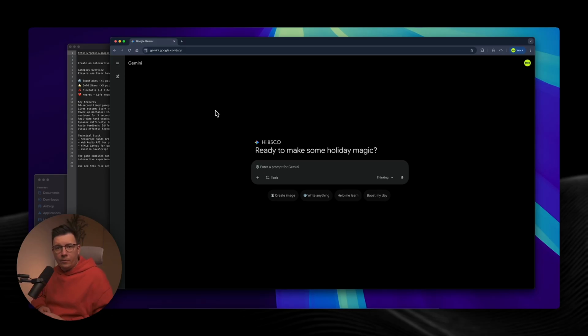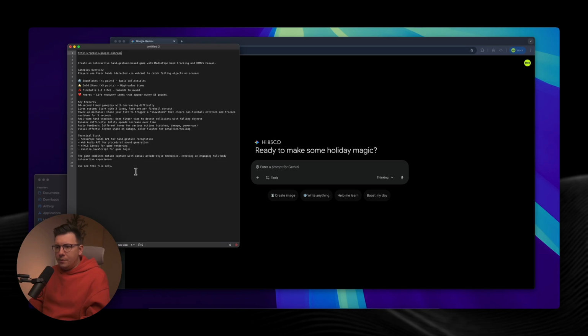All right, so first what we need to do, we need to go to the Gemini app. The URL is gemini.google.com/app. I will leave the link to it in the description below so you can follow along with me. After you log in, you'll see this screen, basically just a prompt screen like ChatGPT, right? And here you need to paste the prompt of this simple, fun